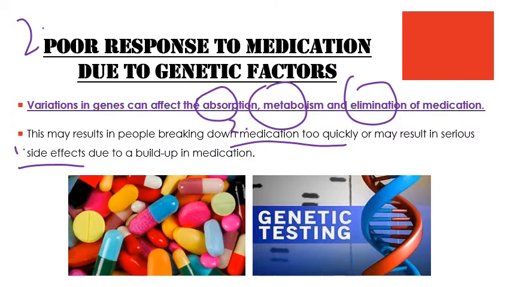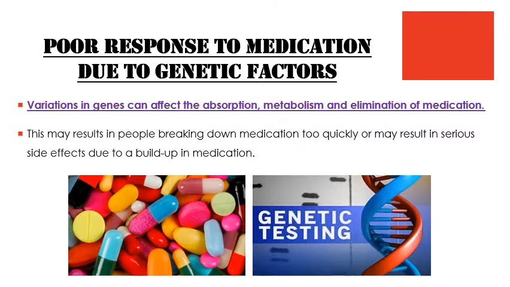This is not to say that genetics are the sole reason why medication is maybe not being super effective. There are other biological reasons such as your age, your gender, your body weight, your race, your diet, and other coexisting disorders. There are also psychological and social factors that could affect the responsiveness of medication. However, in saying that, we're looking at genetic factors, so you should really only respond with those particular factors in a VCAA exam.